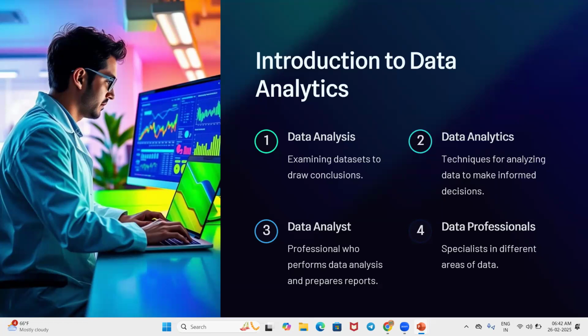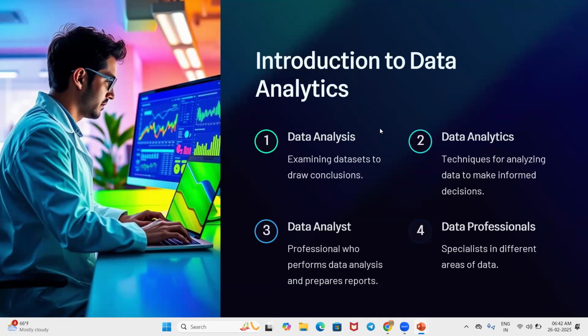We will be learning the spreadsheet, advanced Excel, the programming language Python, MySQL, and also the visualization tool Power BI. We are also learning the cloud services, that is AWS, the cloud service provider for analytics. These five, along with the complementary ones, ChatGPT and the source control system Git, we are learning, right? All these tools help us create insights over the data.